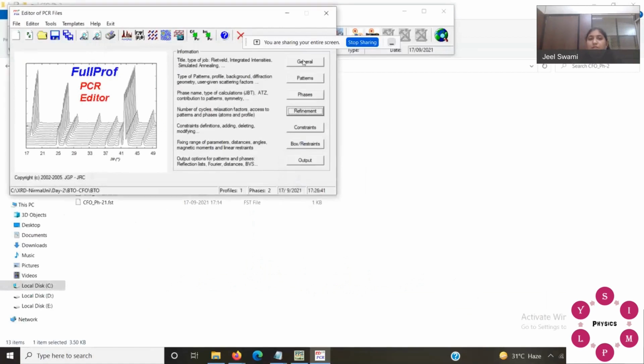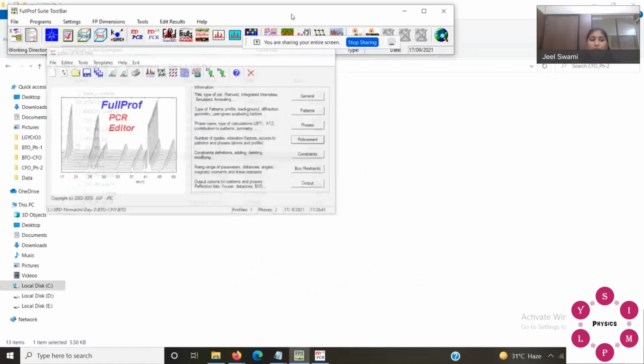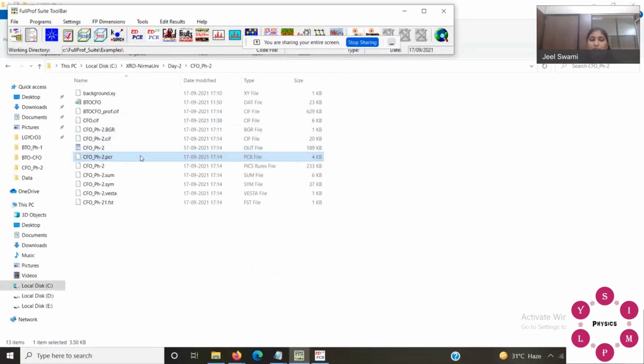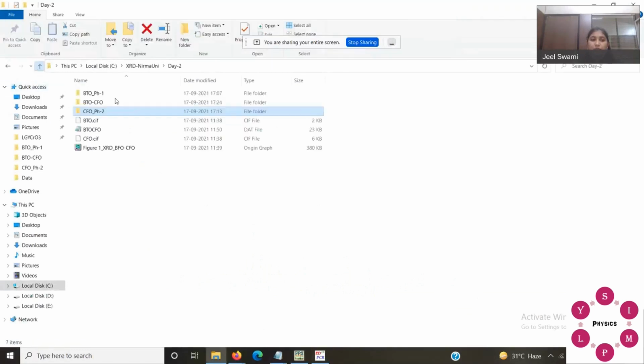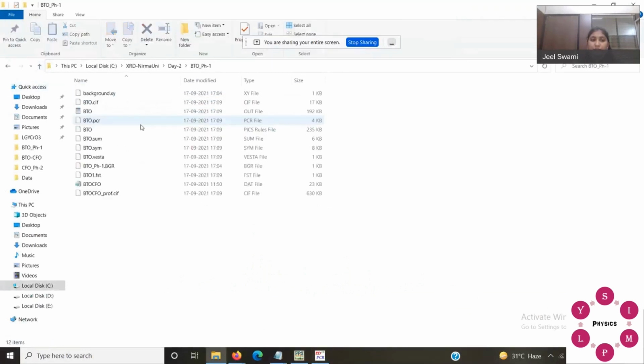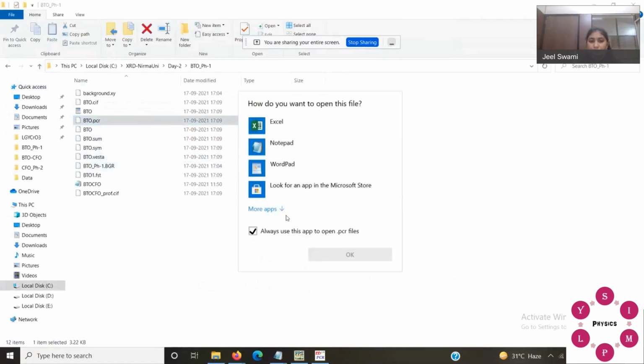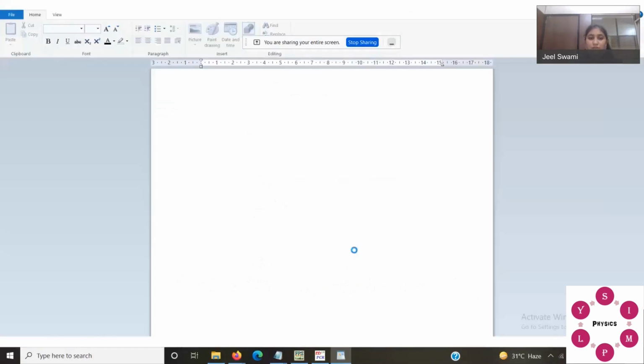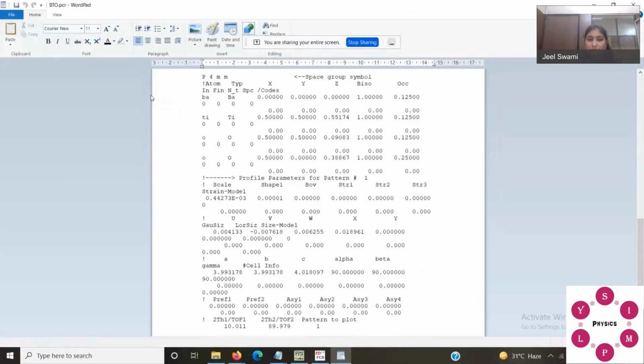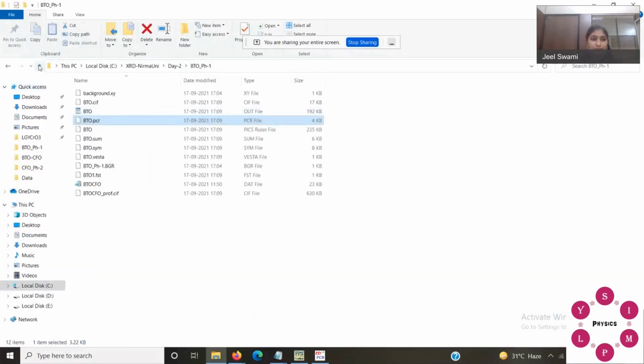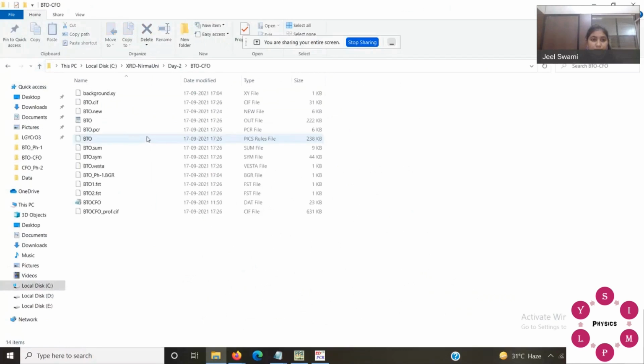All you have to do is just copy the second phase PCR and paste it in your first PCR file. Let me just show you again. Yeah, after the first phase information, you have to copy it. PCR file.